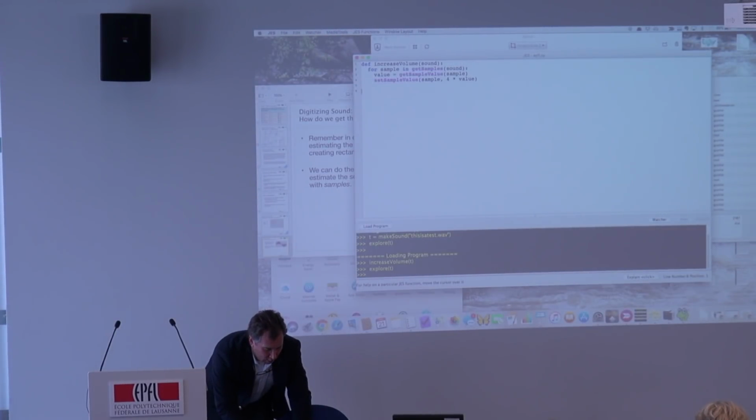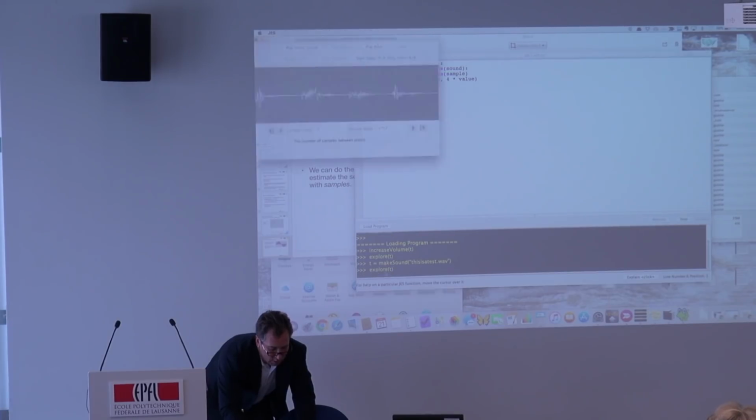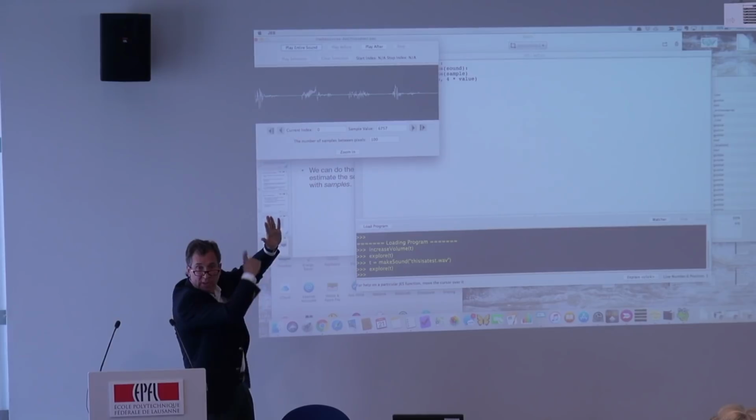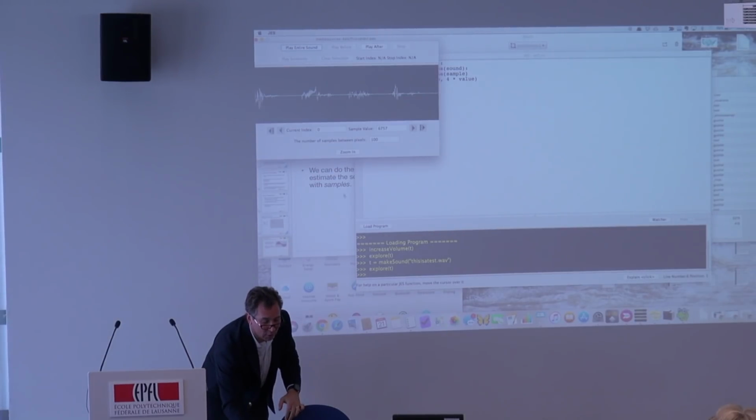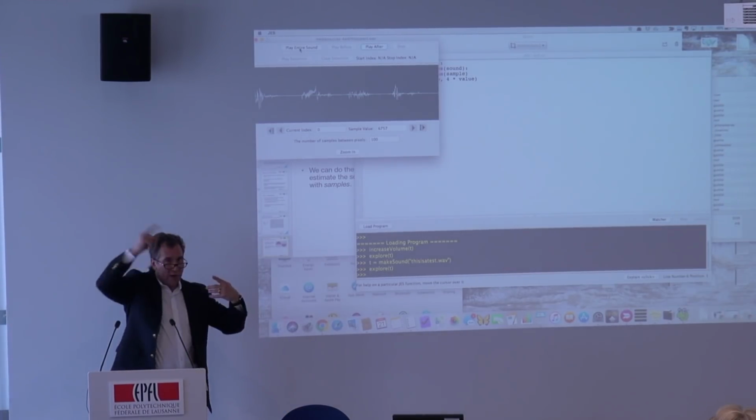So over here, I'll get a sound. T equals make sound. This is a test.wav. Explore T. Okay? And you can see this is a test. You can just see the air pressure movements, the visualization of it. This is a test. Okay? Now, so those are the air pressures.